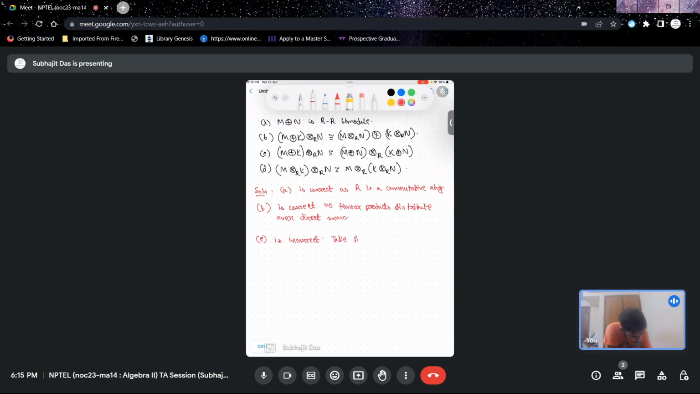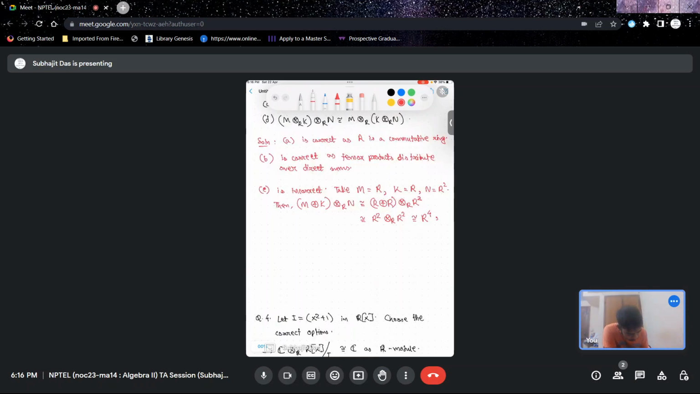Take M to be equal to R, the ring R considered as a module over itself, K to be equal to R again, and you take N to be equal to R squared, R direct sum R. Then M direct sum K tensored over R with N is isomorphic to R direct sum R tensored over R with R squared, which is isomorphic to R squared tensored over R with R squared, and you know that this is just R to the power 4, while on the other side,